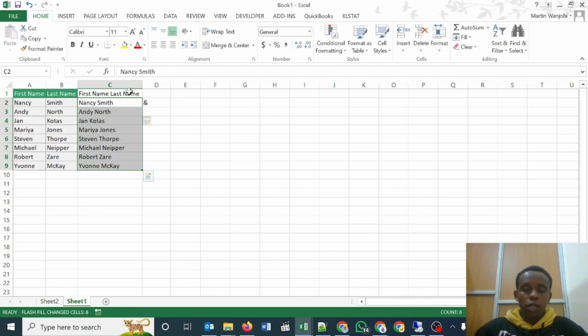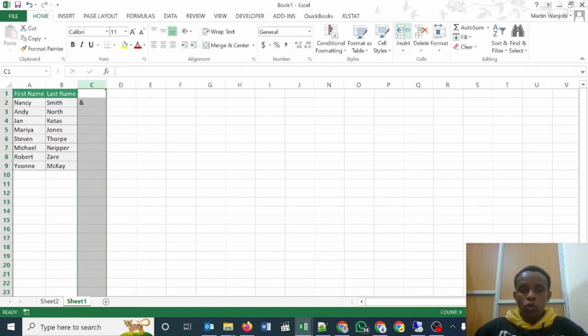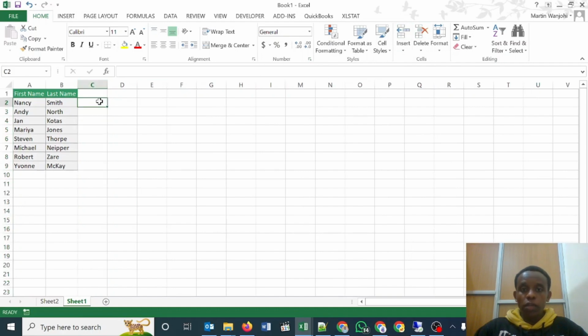But what if you are constructing something that requires live formulas, so that whenever something changes, it changes automatically? In order to do that, you will have to use the ampersand method or the concatenate function. I'm just going to start with the ampersand method. I'm going to choose my cell, which is A2, Nancy, and then I'm going to add the ampersand sign, and then I'm going to add